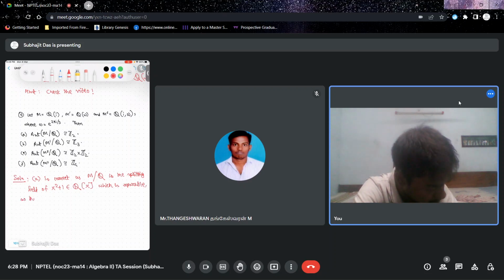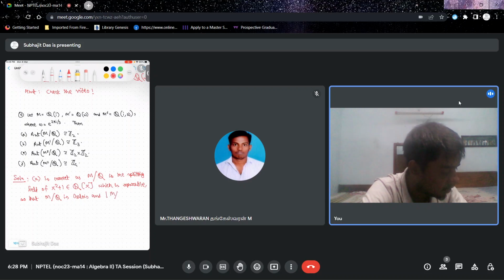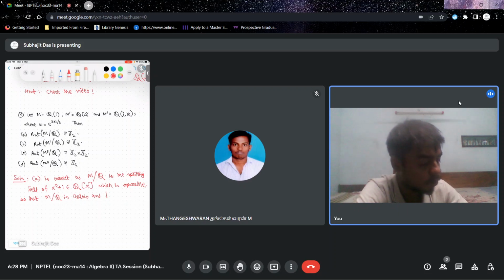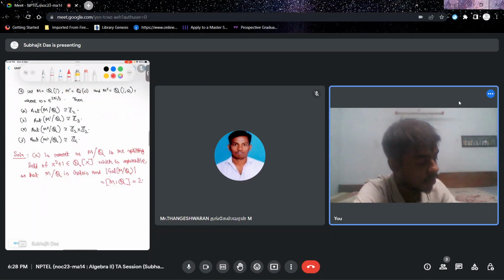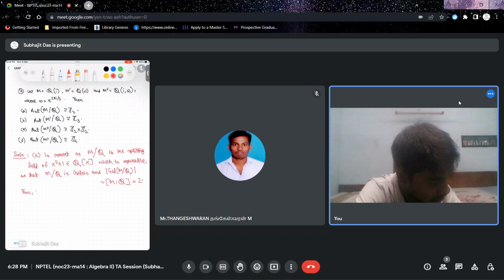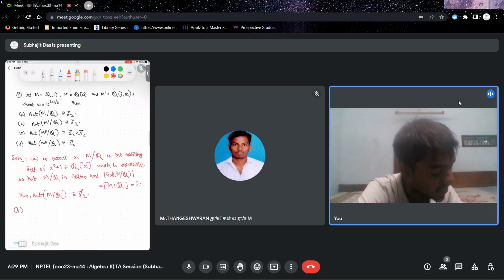So that M over Q is Galois and cardinality of the Galois group of M over Q is equal to the degree of this extension, which is precisely 2, and thus the automorphism group of M over Q, or the Galois group of M over Q, is isomorphic to Z2. B is incorrect,